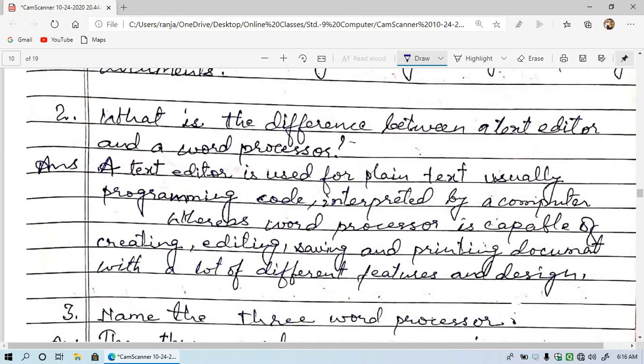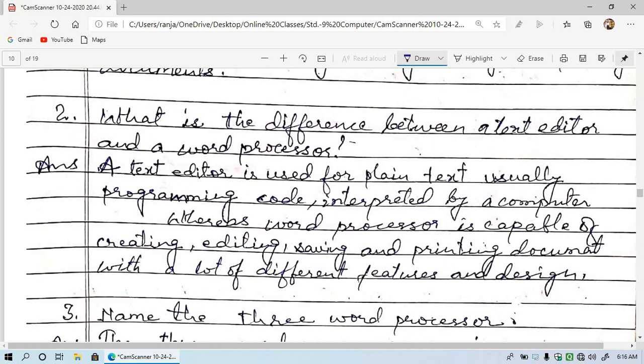What is the difference between a text editor and a word processor? See, you can extend the definition of word processor here for explaining the difference. A text editor is used for plain text, usually programming code interpreted by a computer.